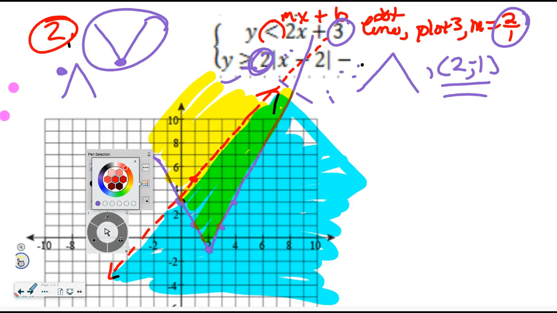So it's a whole bunch of points. And I think one of your teachers asks you to list some solutions. Was that yours, I think? I don't know. You could say 2, 2, or 2, 3, or 3, 5. Anything in that shaded region is a solution. We good? So I'm done. So that's 3A was the first one. This is 3B. I'm going to pause this, and I'm going to have you guys take